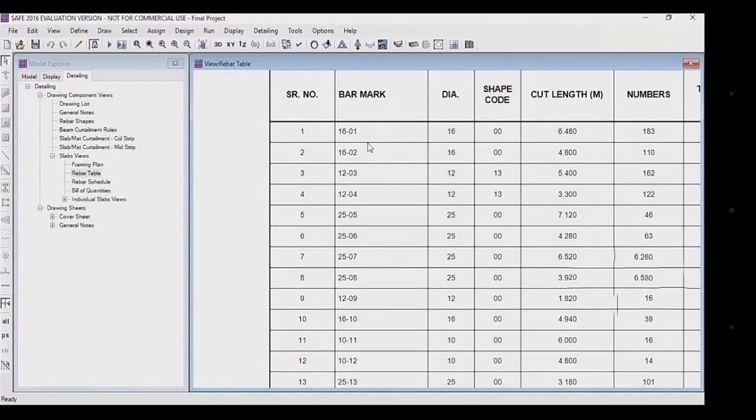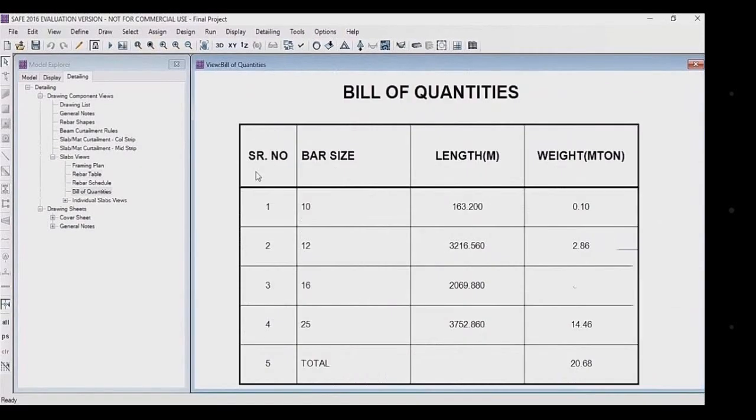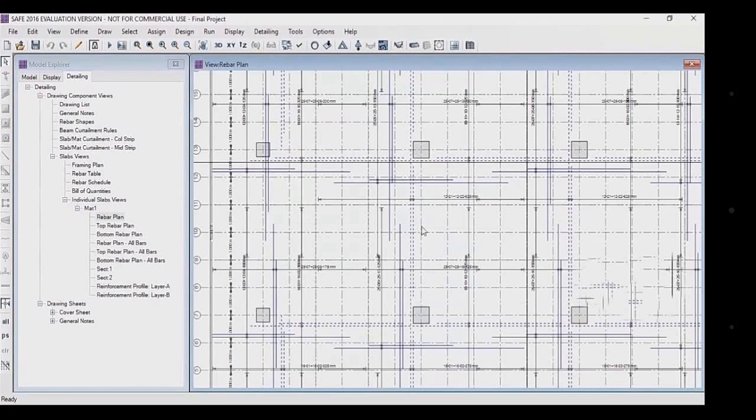We can also check other things like rebar schedule and bill of quantities. Like this is the bill of quantities. Now expand individual slab view, then mat 1. This is our rebar plan.